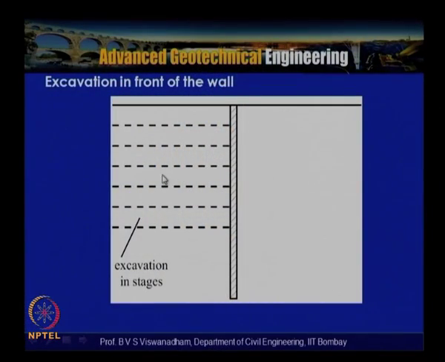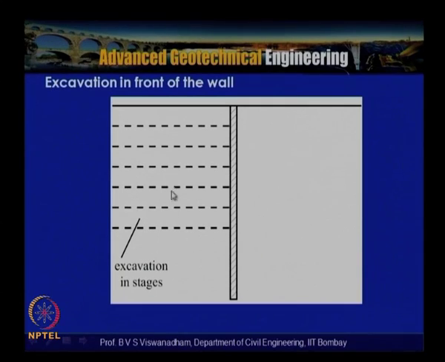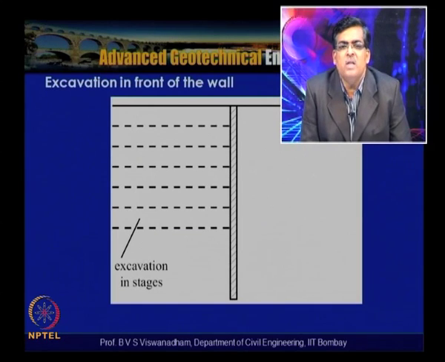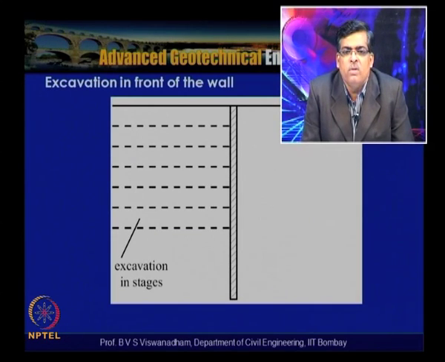When you take a normal soil element here, with sigma V and sigma H, the sigma H is less than sigma V, so sigma H and sigma V are not equal. But if you are simulating excavation by using the heavy fluid, then sigma H is equal to sigma V, and that can lead to some difference. To address this, many investigators have used, as an alternative, a plate support system, and once it reaches a certain gravity, the plate support can move away, and that also can lead to differential movement.